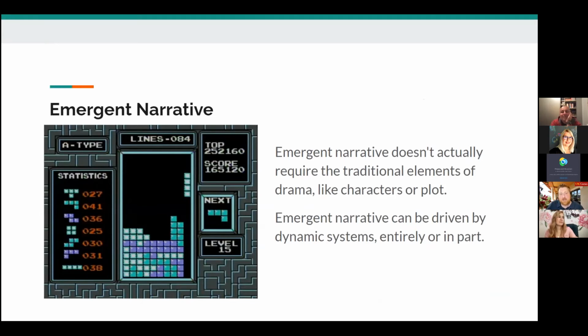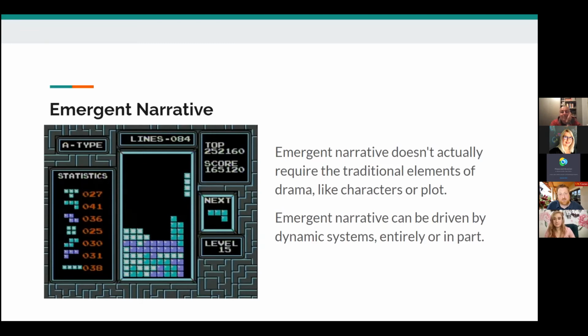Emergent narrative can be driven by dynamic systems, either entirely or in part, in combination with embedded narrative. The two can go together. But you get some games that are outliers that are entirely emergent, where there aren't embedded narrative features. There aren't things like characters and plot.